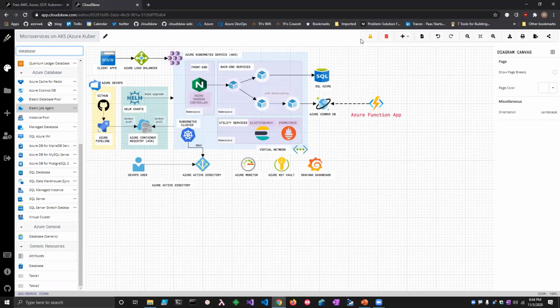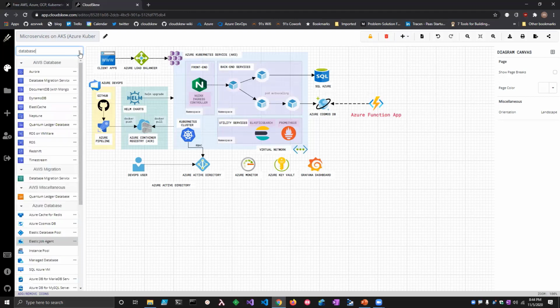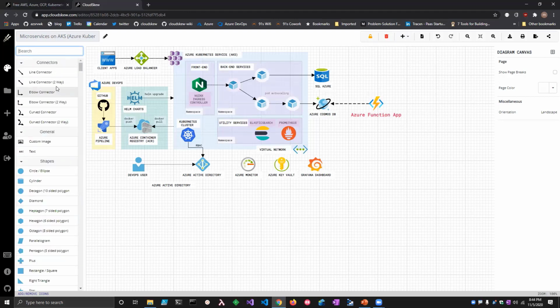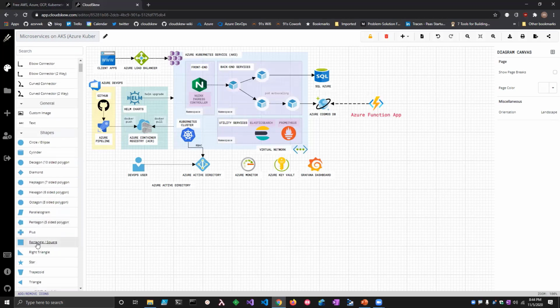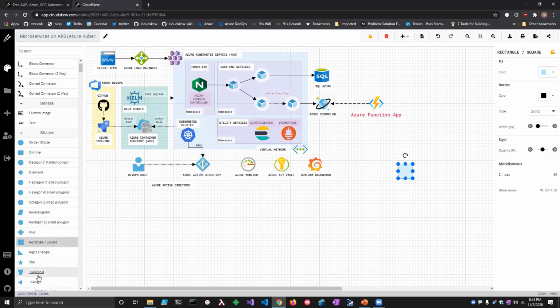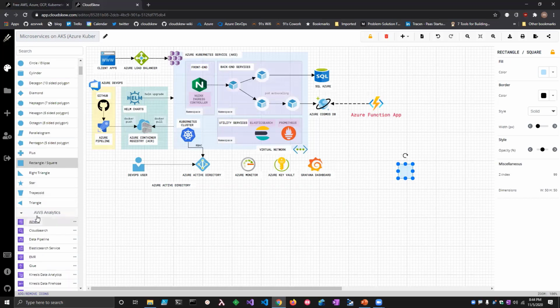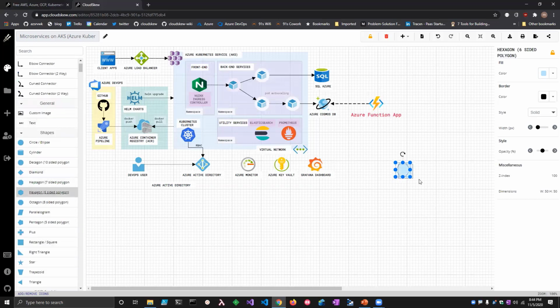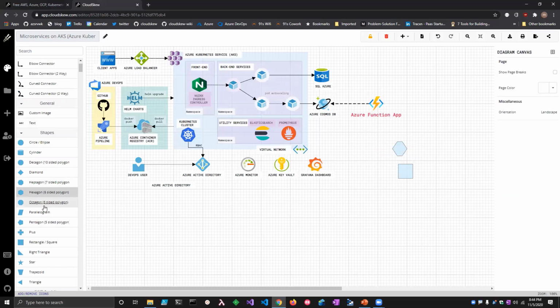Then coming up to the main menu bar. You could quick insert symbols here as well. In addition to all the icons, you also have your connectors, and you have your commonly used shapes. Say, for example, you need a rectangle or a hexagon or something like that for your diagrams. You could pull them off the icon palette straight away.